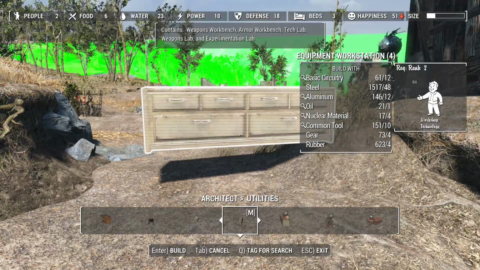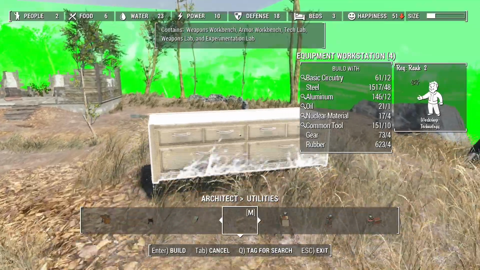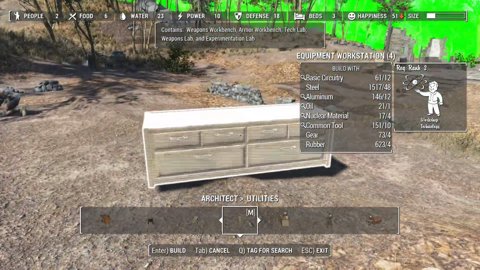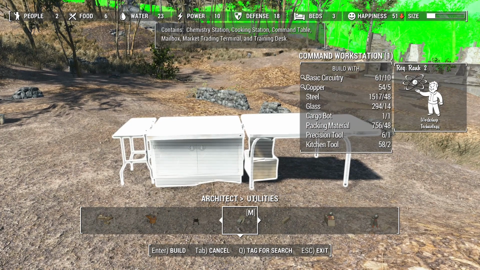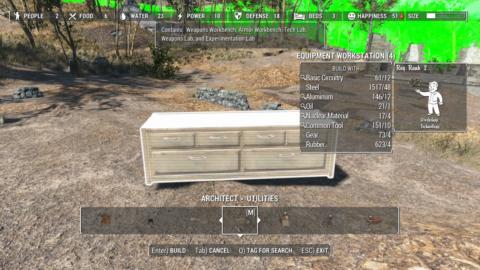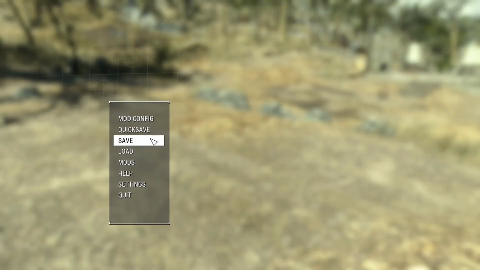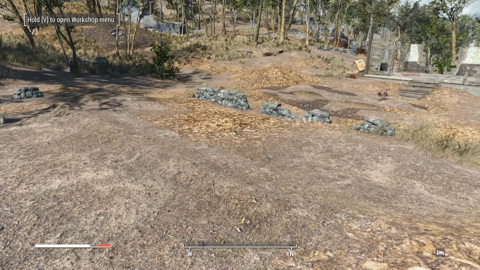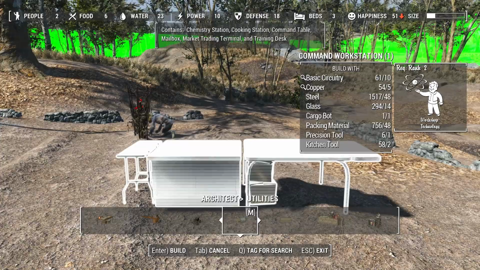Once you get to tech level 2, you can create the workstation and the command workstation, and as you can see from the top, those 2 benches do all the bits. Hang on, I'm not going to make them here. Let me make a save. Okay, because this one uses a cargo bot,